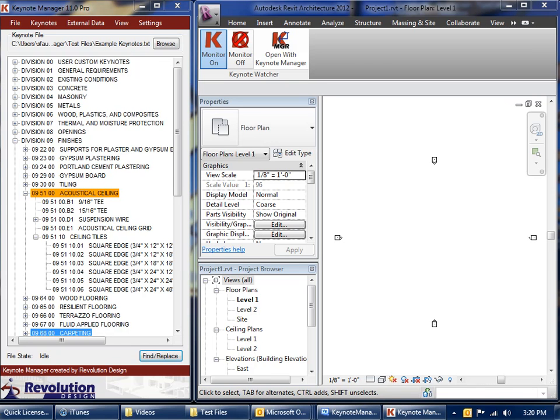This video shows the Keynote Watcher feature, which is a pro version only feature of Keynote Manager. It's actually a separate program that's an add-in for Revit 2012 only. Because of API limitations, it's not available for anything before 2012. It is a monitoring system that monitors the Keynote files for any open projects and notifies the user of